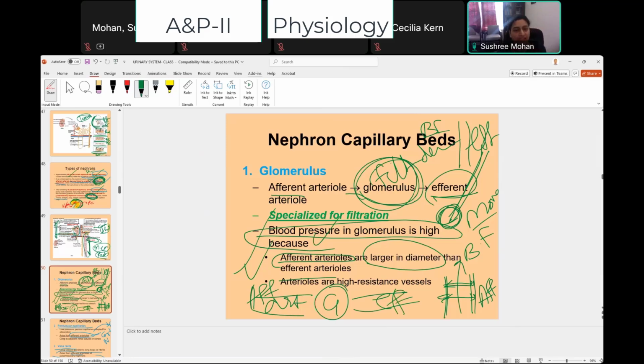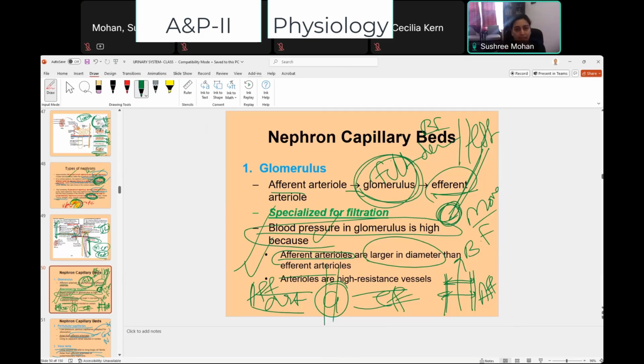They're not the same pressure. There is a difference in pressure. There is a difference in flow. There is a difference in diameter. And that is why it creates a pressure gradient, a pressure difference. And that is all that we need for filtration. Because when there is such kind of a pressure difference, then the filtration can happen very smoothly across the glomerular